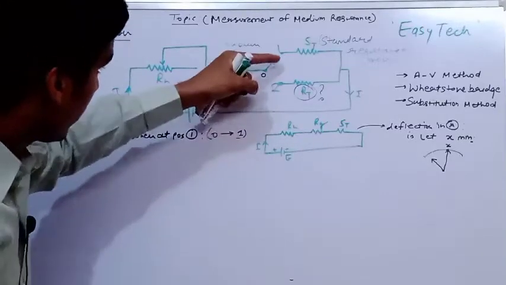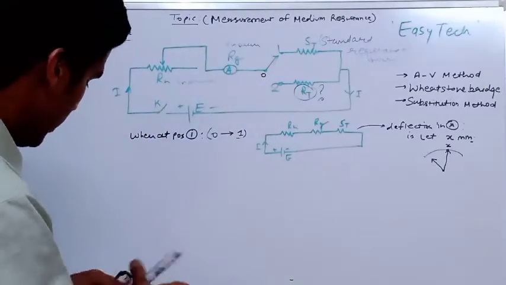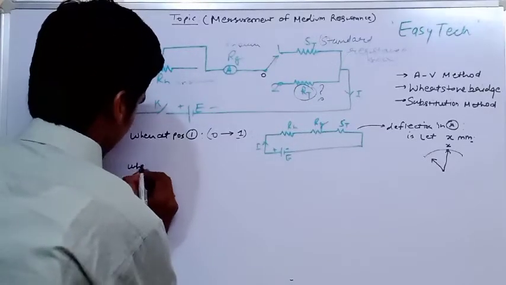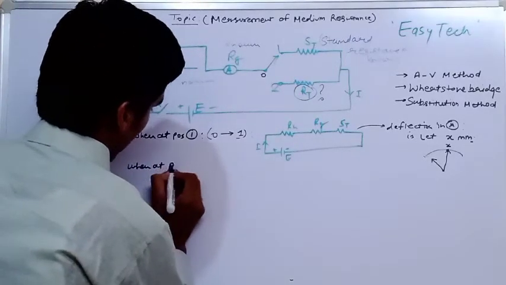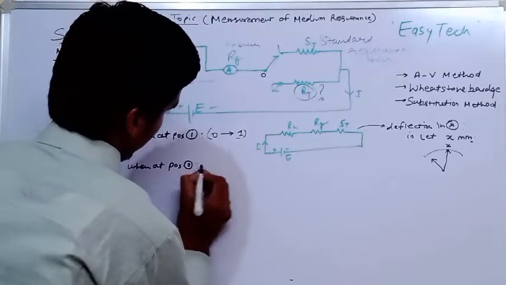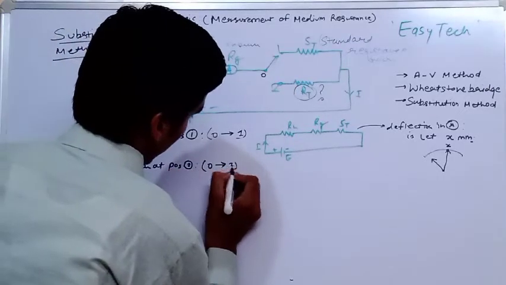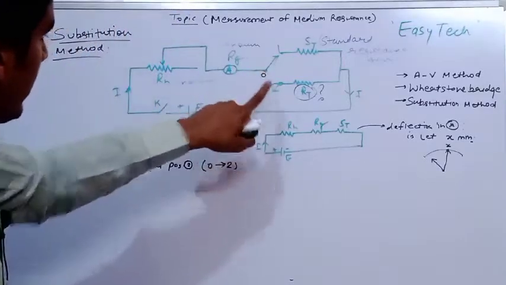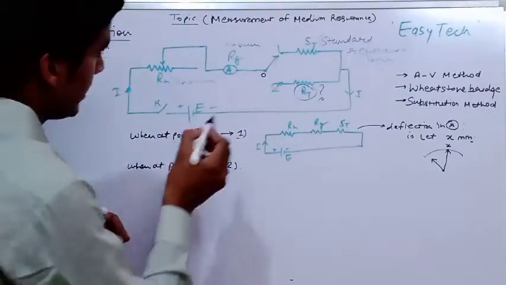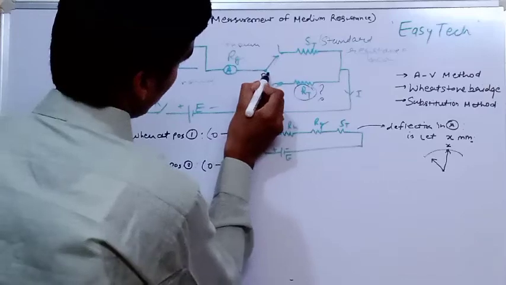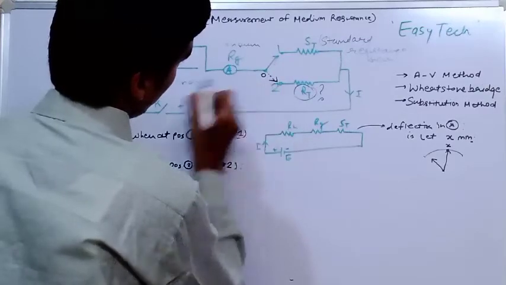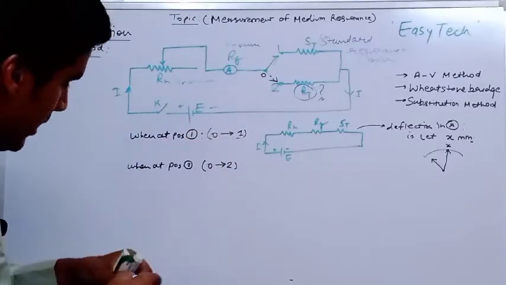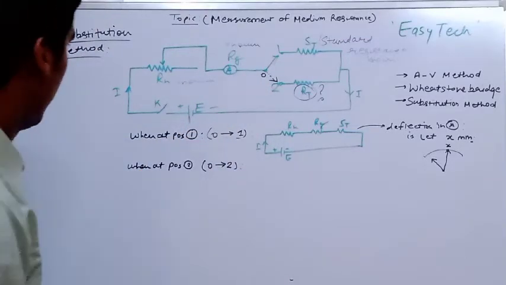Now we have to connect this switch to the 2 position. When at position 2, that means O will be connected at 2. And in second case, this is the first case, this is the second case. In the second case, the circuit will look like